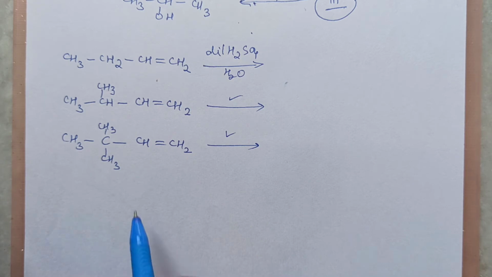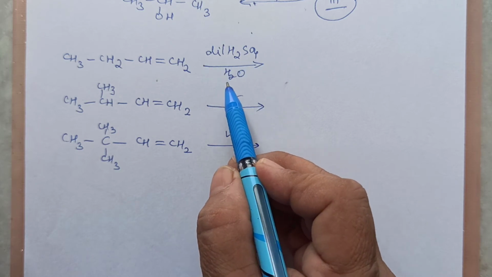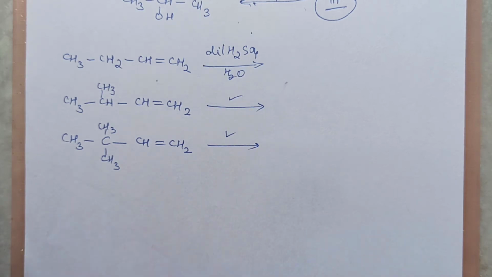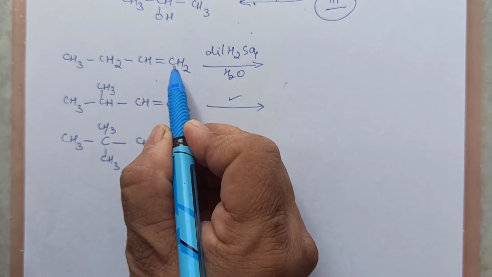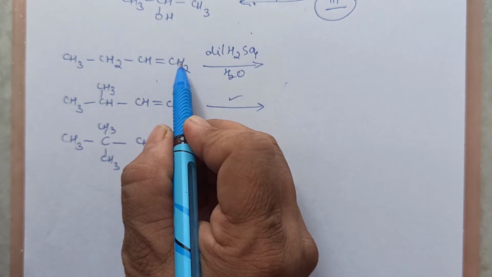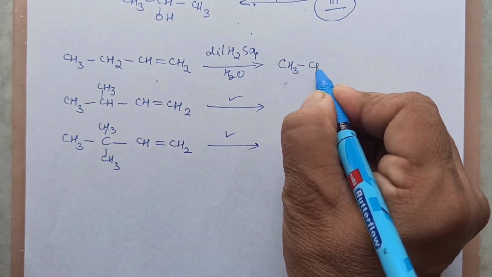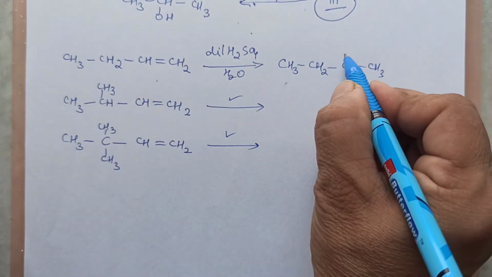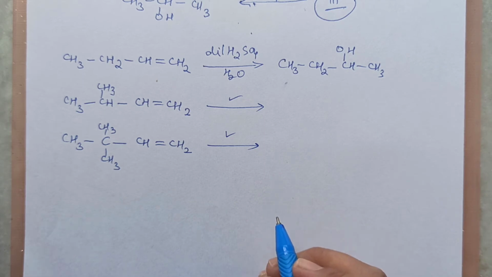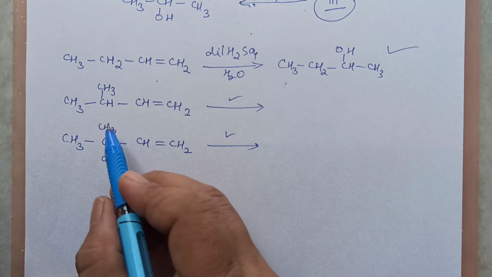These are some alkenes given and you are asked to write down the major products with dilute sulfuric acid and water. So what we normally do is, we write the answer with respect to Markovnikov's rule. This H will attack the carbon atom which has more hydrogens, and OH goes to the carbon having fewer. So we will write the product like this: CH3, CH2, CH3, and where there are fewer hydrogens we write OH. Fine, this is perfectly alright. This is not at all a wrong answer. This is the correct answer.